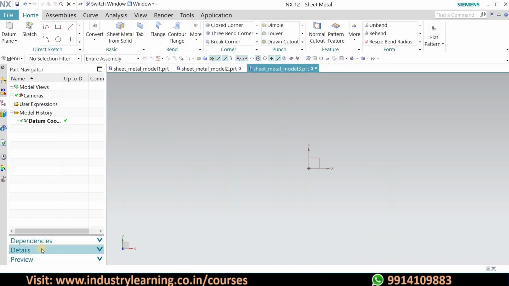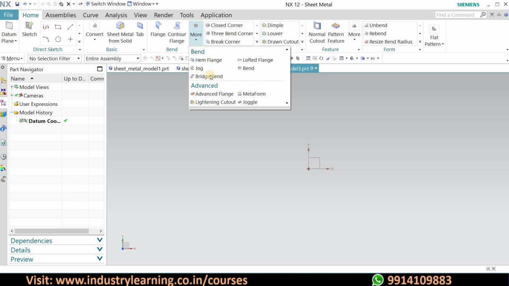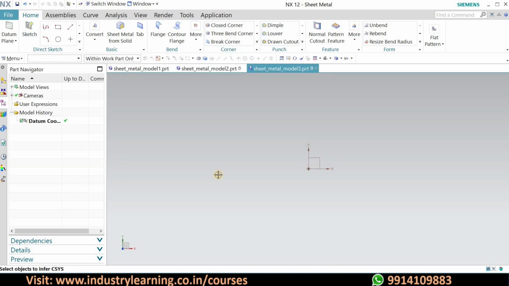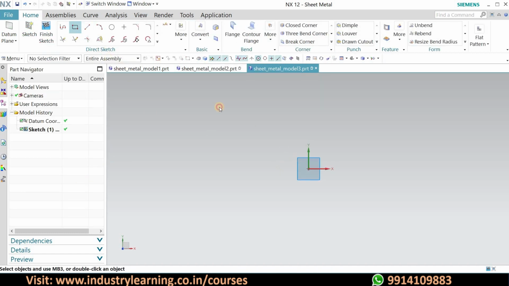So let's start with the next command, that is Bridgeband, and for that we have to go under the More option, and we can click here on Bridgeband. So basically the concept behind this is that we have to join two surfaces, and both surfaces are on different planes. So for that, first of all, we will create two surfaces in different planes, and let us make